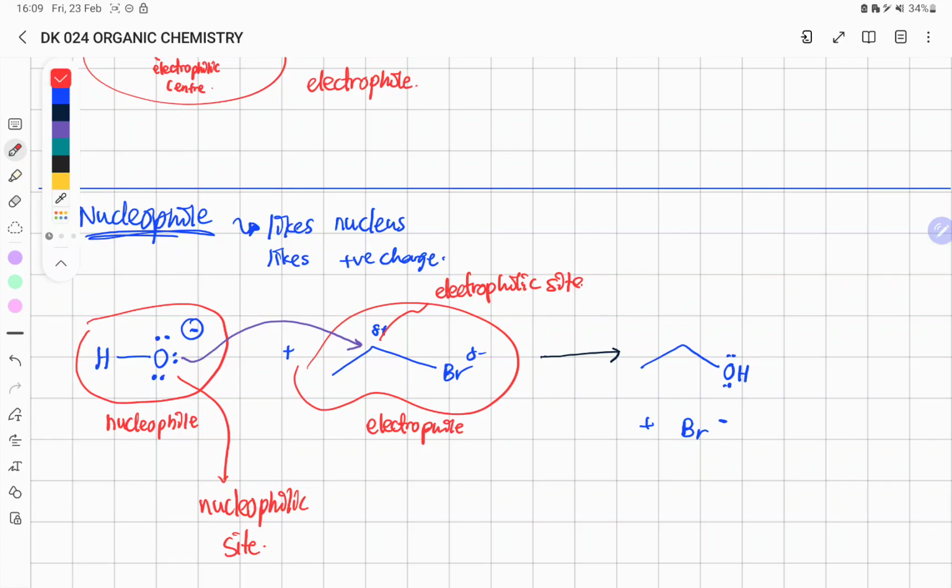Nucleophile secara keseluruhan akan bertindak balas dengan electrophile. Nucleophile dengan nucleophile takkan bertindak balas. Electrophile dengan electrophile takkan bertindak balas. Okay, dan this classification is very important, especially nanti bila kamu belajar in a much advanced organic chemistry. This is like the most important thing. Sebab ini yang tentukan sama ada tindak balas itu boleh berlaku ataupun tidak. Okay,